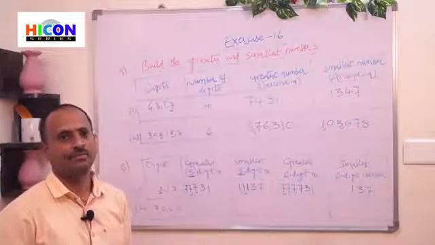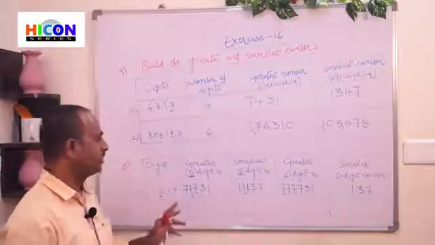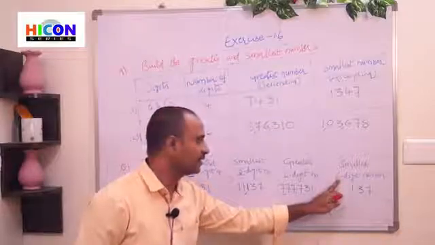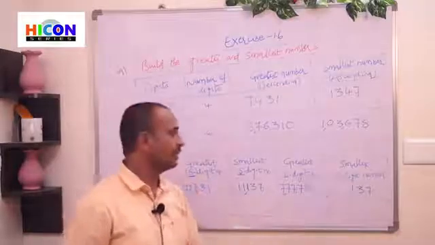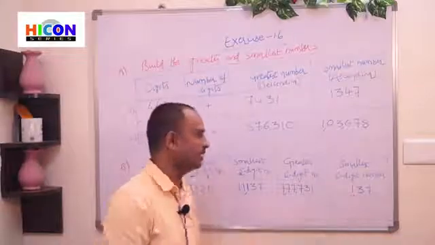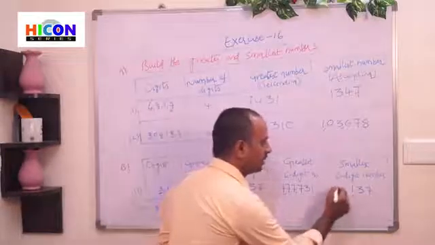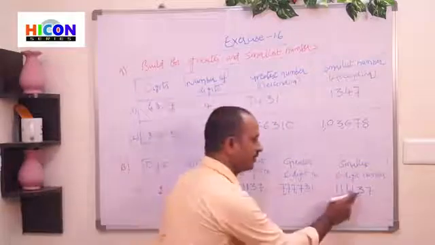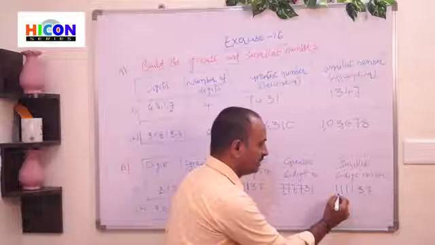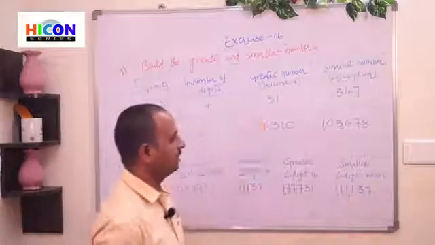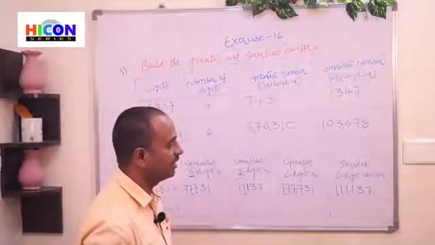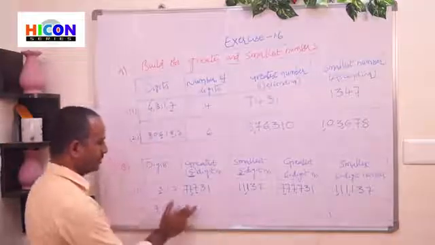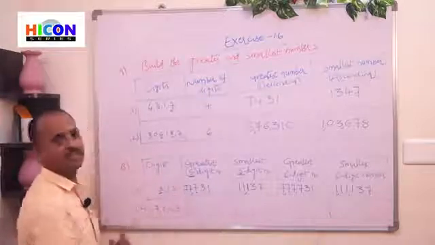137. It contains only 3 digits, but we require 6 digits. That means we require 3 more digits. So repeat the smallest digit 3 times. Here the smallest digit is 1. So repeat the digit 1 three times at its left side. Then it becomes a 6-digit number and it is the smallest 6-digit number, 111,137. So children, in the same way, we can also write the greatest numbers for the second problem.